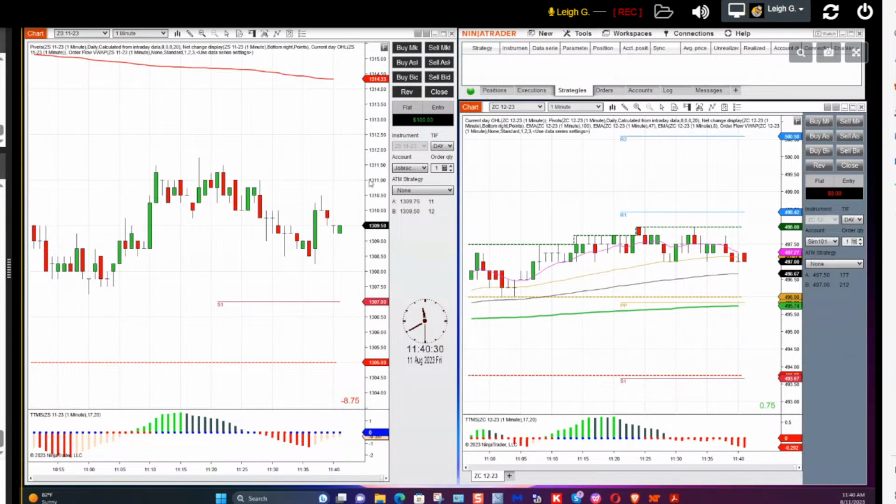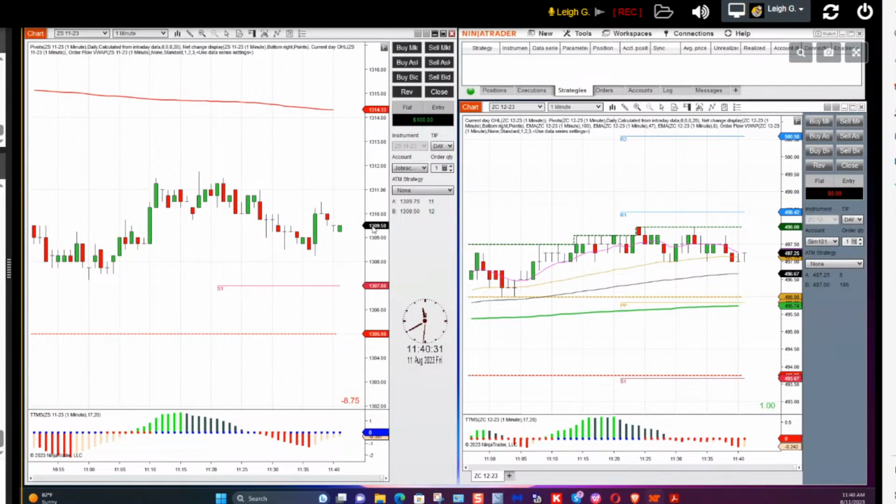One of the reasons, the instrument I'm thinking of actually is gasoline. Gasoline, the instrument, when I used to look at it years ago, was so volatile and thin, it didn't act normally. It didn't trade in a normal manner. It was very hard to trade using software or any setup because it was so fast and it chopped all over the place.